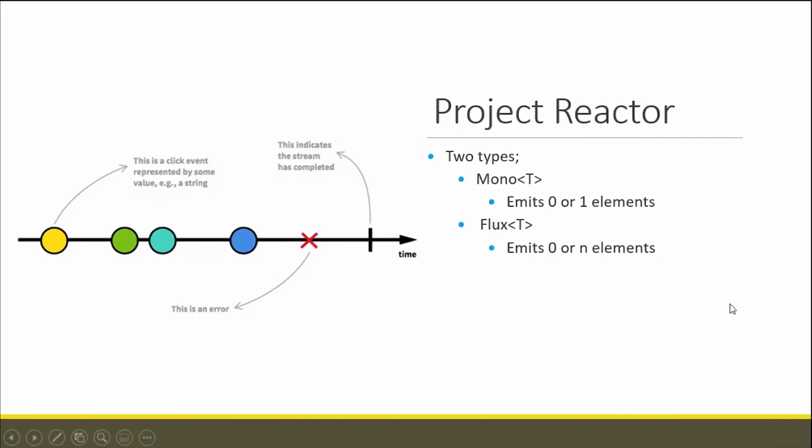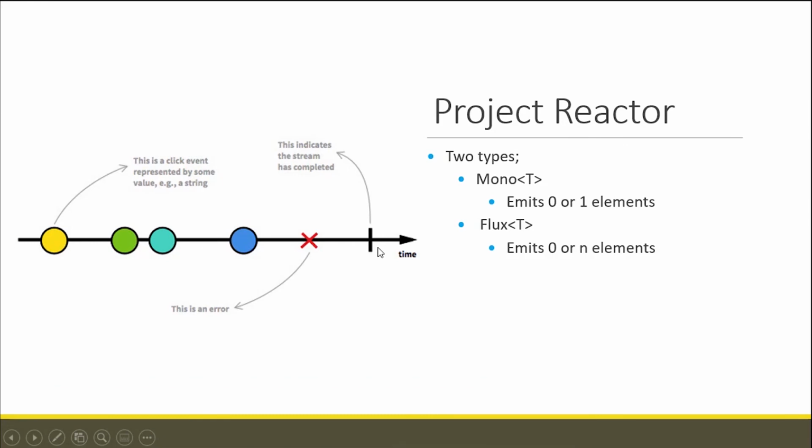In Project Reactor, as I said, there are mainly two types, Mono and Flux. A Mono object can only emit 0 or 1 element, and Flux can emit 0 to n elements. In the documentation, you can see this type of diagram in every documentation, in Reactor or RxJava, everything. You have to understand this first.